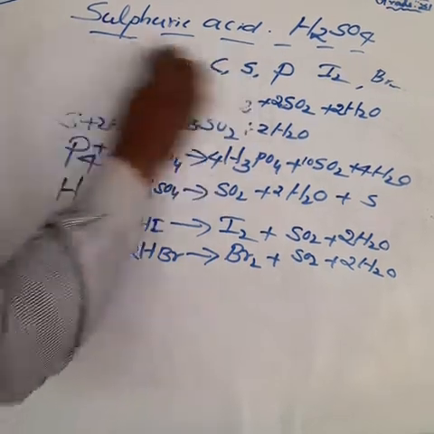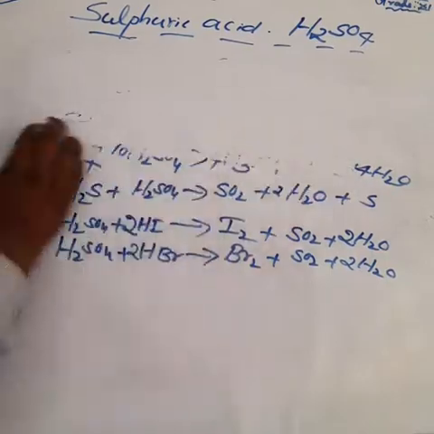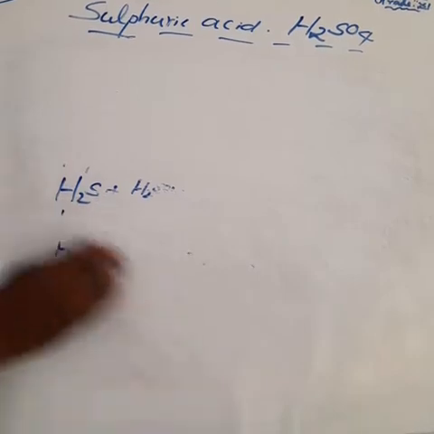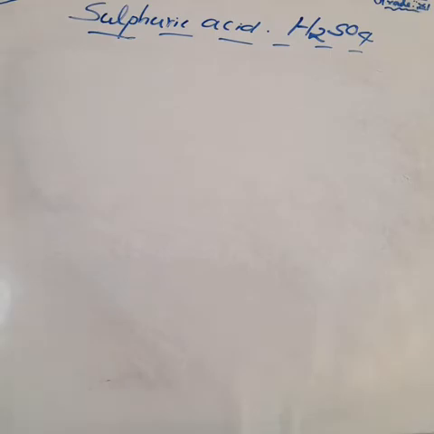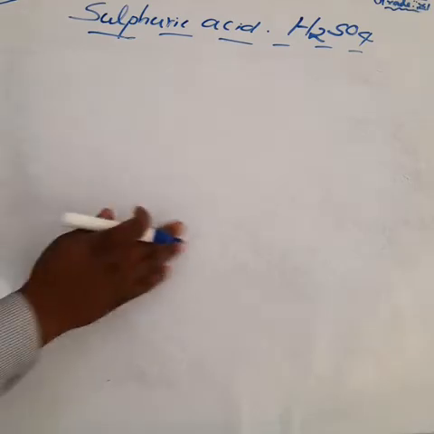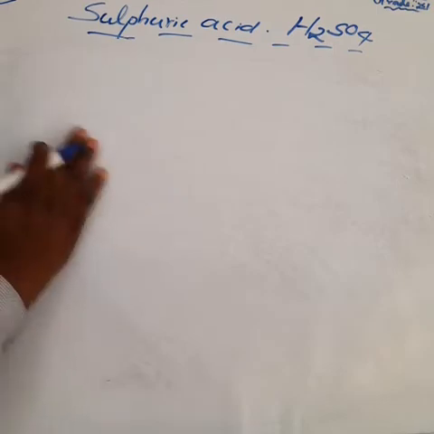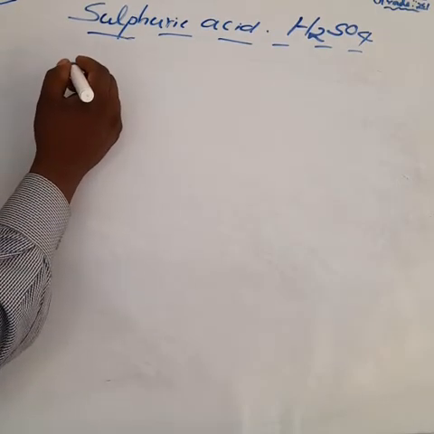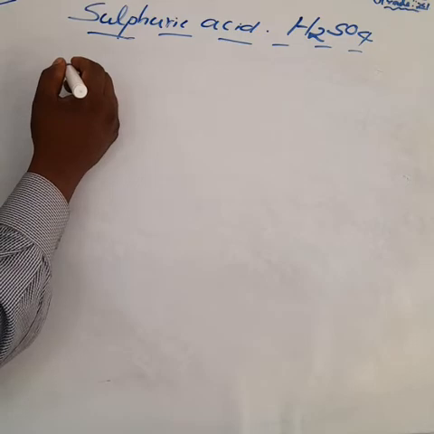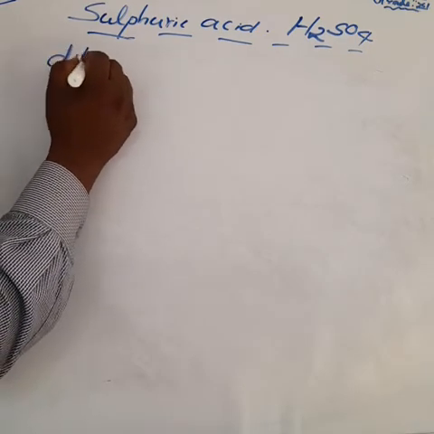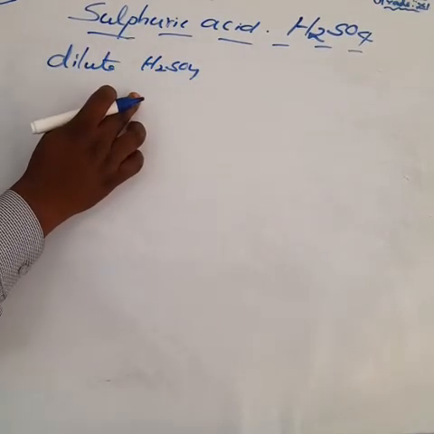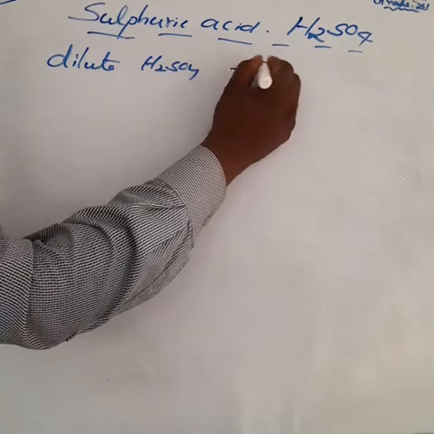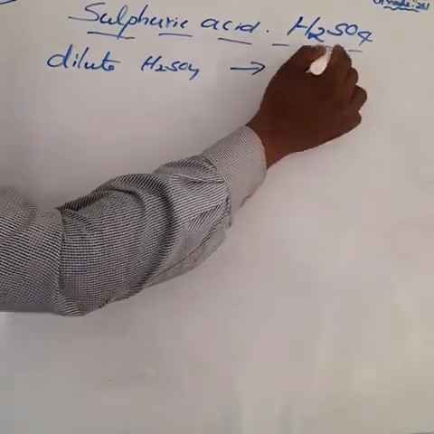Here, what happens? Sulfuric acid reacts with the metal. Here I am taking 4 metals. One is the zinc metal, aluminum metal, copper metal, and also lead metal. Am I right? Here, first I am taking dilute sulfuric acid. Don't forget, my dear children, dilute sulfuric acid liberates hydrogen gas. Don't forget that. I will ask the question, okay?